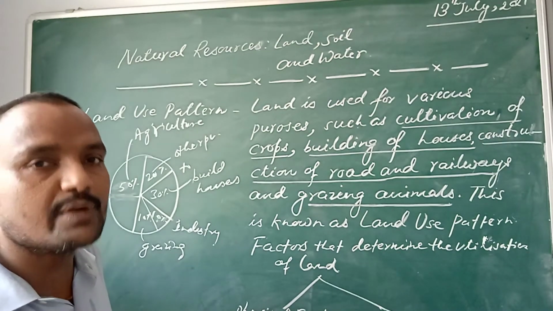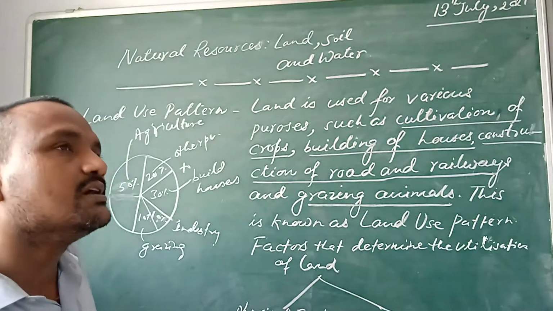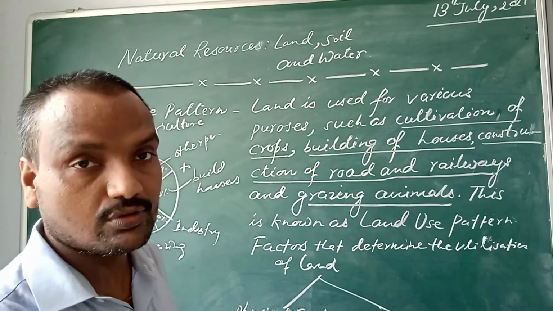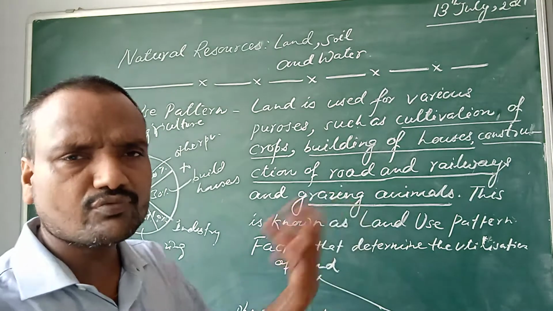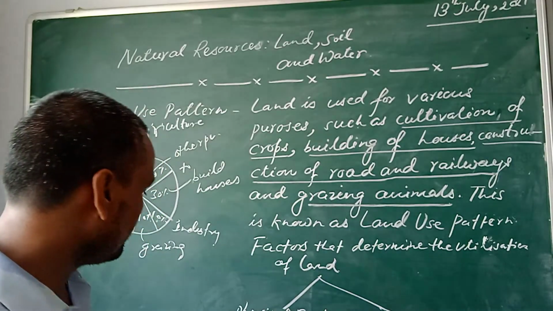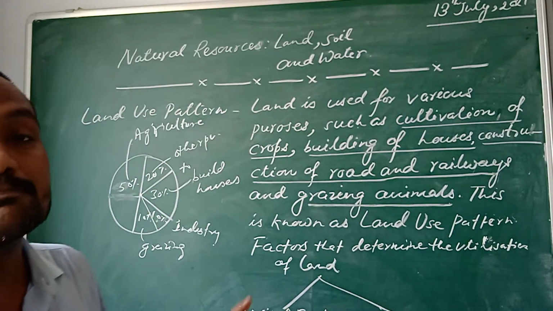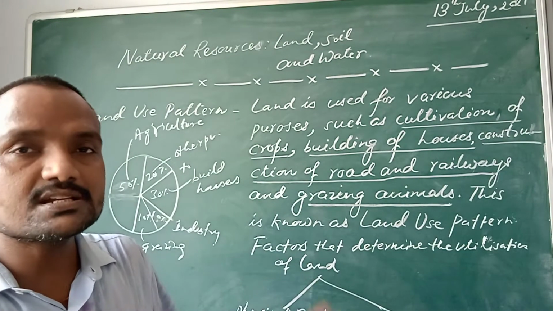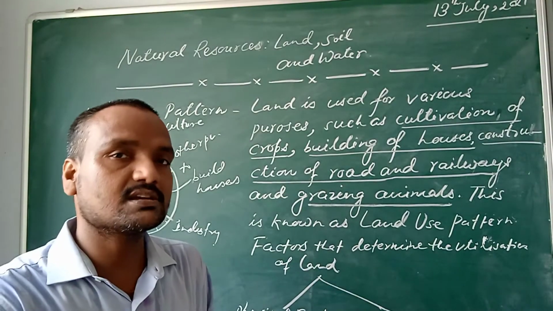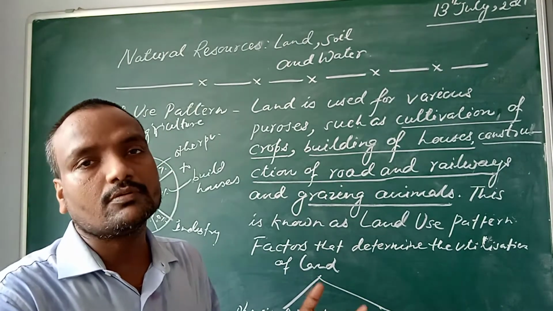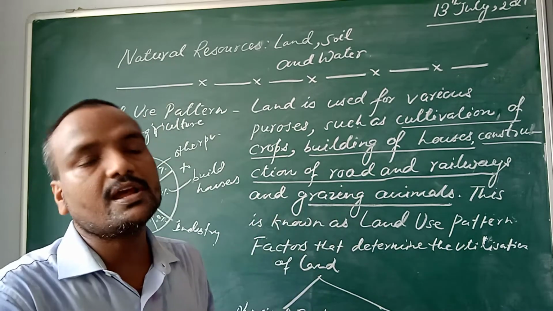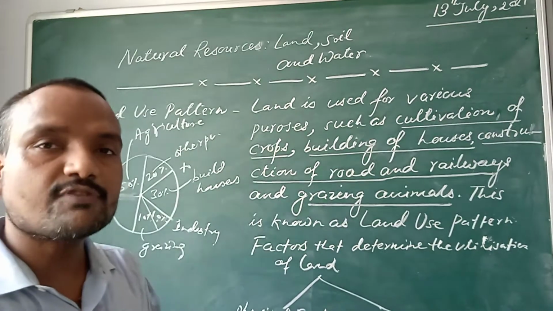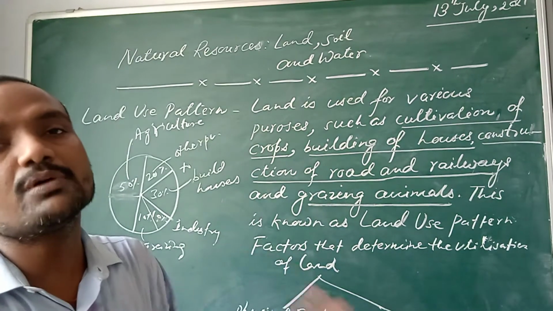Okay, in comparison of plain. Similarly, if we talk about plateaus, they are the areas where minerals are found. So minerals can be taken out from plateaus. The next thing is plain areas. Plain areas are densely populated because they facilitate transportation, agriculture, etc. So most of the plain areas that you have seen in the world are densely populated because they facilitate inhabiting people over there.